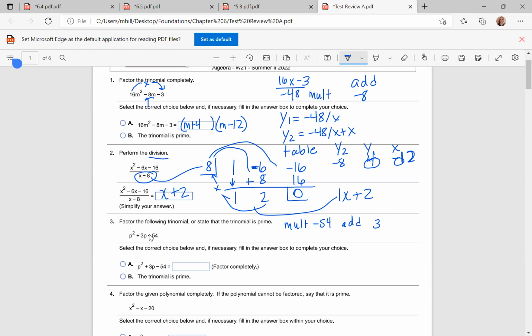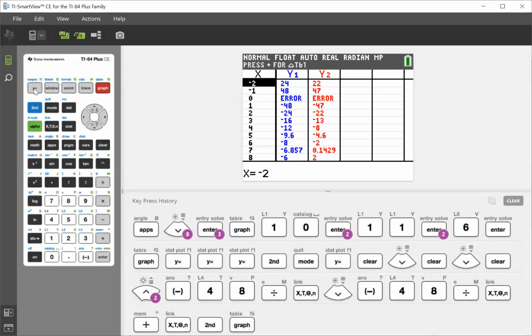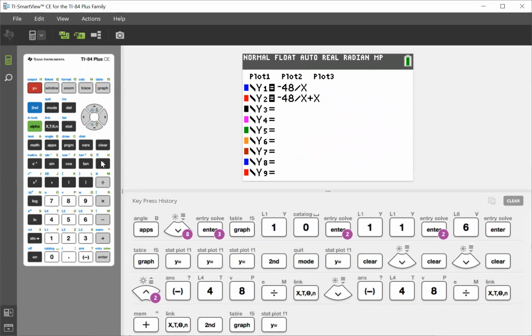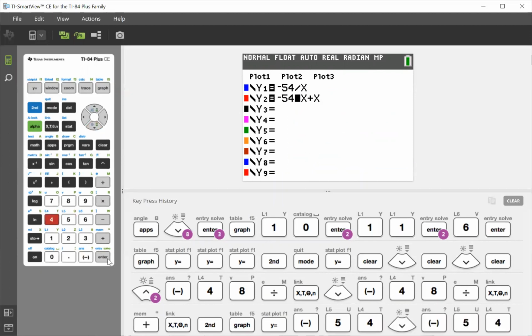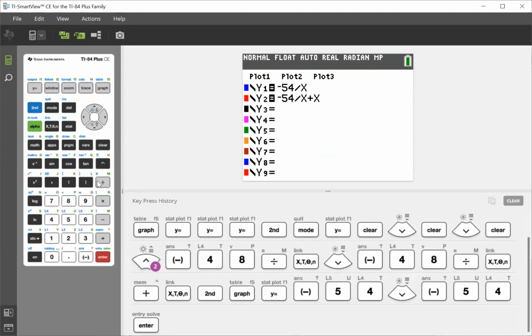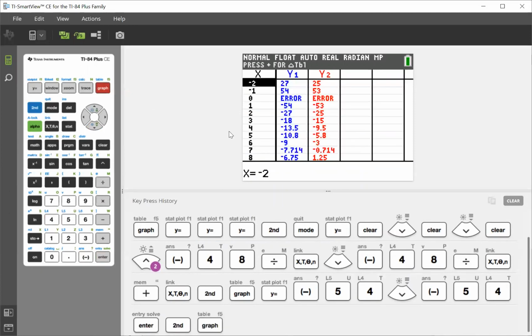And we did that thing in the calculator where we cheated a little bit on this one to aid us. So if I go to my calculator and use that to help me find those two numbers that multiply to negative 54, we're just going to change this to negative 54 divided by x, and then negative 54 divided by x plus x. Okay, and we would look at the table for the term in the middle,